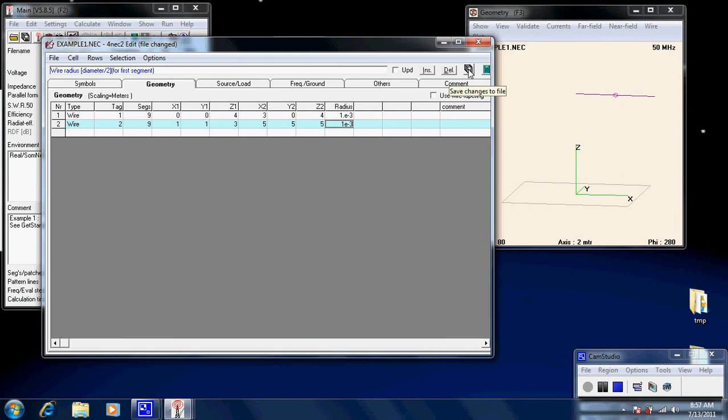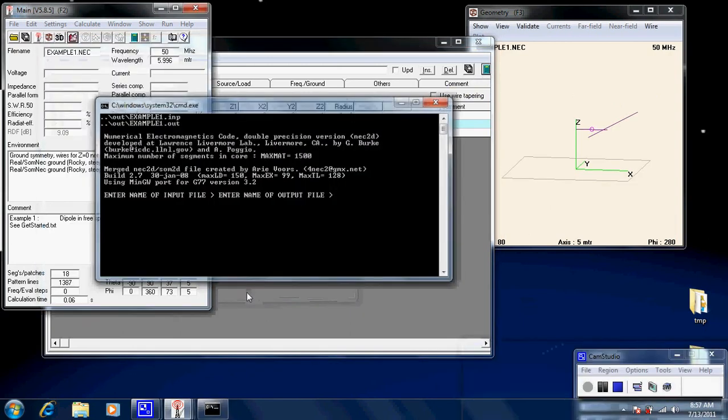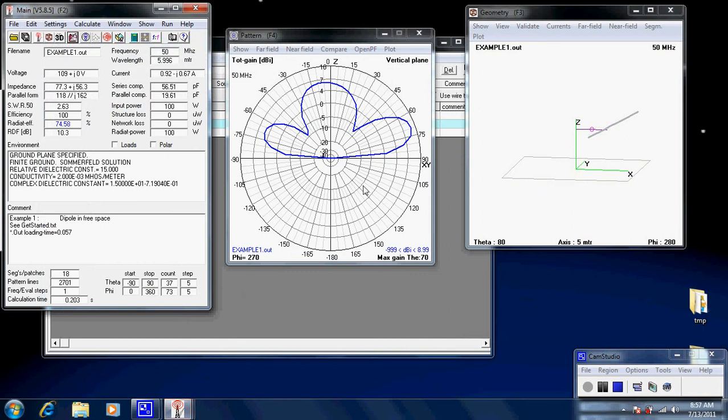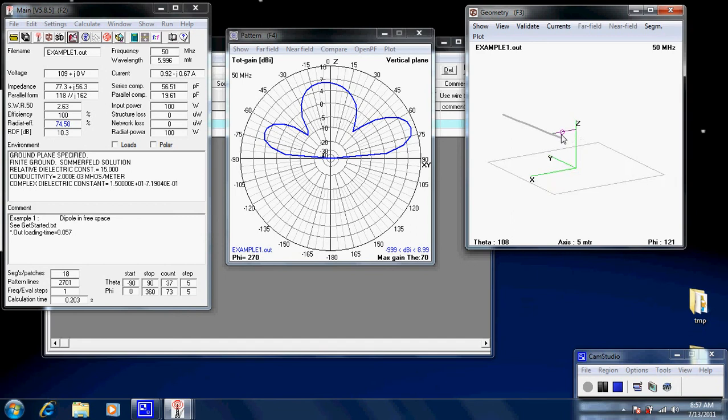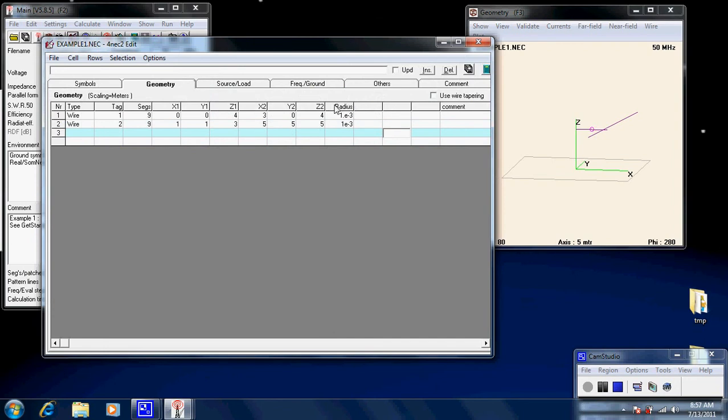And if we want, we can press the save button and then we can recalculate. We'll probably get some errors, but we'll say, oh no, lucky. Okay, so then we can have a look, and we've got another wire, but it's just sitting around in space. It's not doing anything, but you get the idea. Now let's say, for example, we wanted to change the height. Now let's say we want, or the endpoint. We could make this